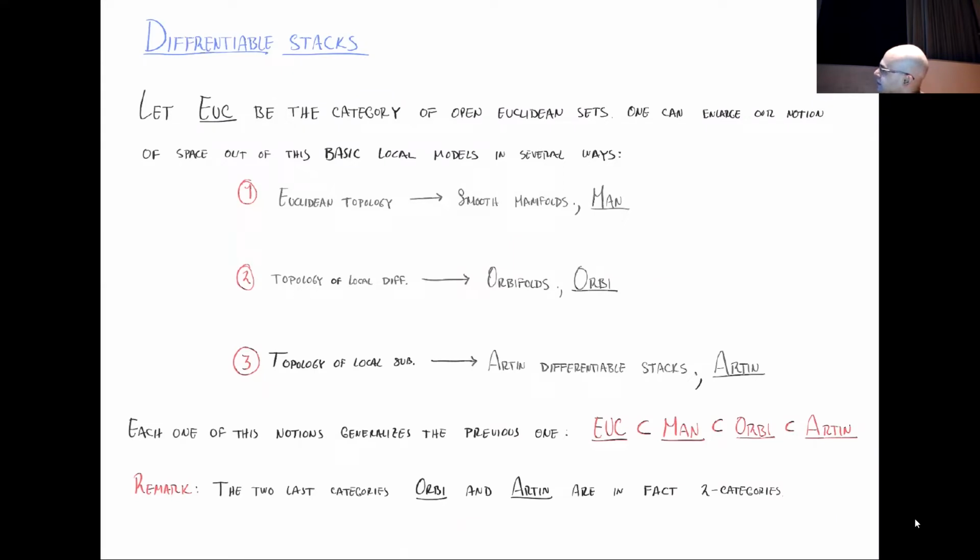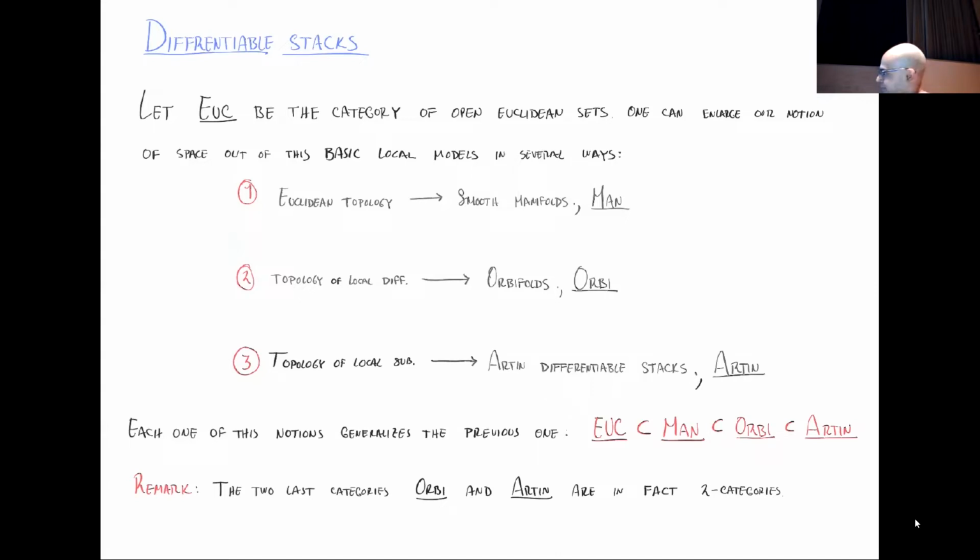So just as classical smooth manifolds allow us to talk about properties or constructions which are invariant under coordinate change, the notion of differentiable stack does a similar job for the equivariant setting. Okay, so for instance, we can start with the Euclidean category, and by this I mean the category whose objects are open sets in some Euclidean space for varying dimensions, and whose morphisms are just given by